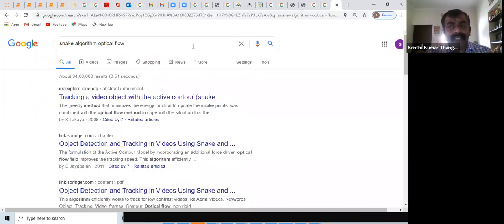Okay, a bounding box as such will work well for rigid objects. See, let's take, I'm just sitting, and I'm suddenly standing up. What happens is, you still want to have my ROI, region of interest, right? So there your bounding box will not be a square or rectangle. It will overlap with other regions also. So the only solution is you will have to go for an optical flow algorithm with the bounding box approach.